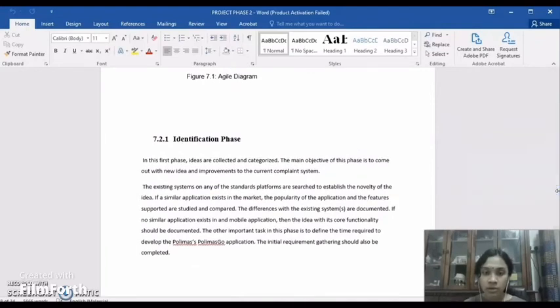Now 7.2.1 Identification phase. In the first phase, ideas are collected and categorized. The main objective of this phase is to come out with new ideas and improvements to the current complaint system. The existing systems on any of these standard platforms are searched to establish the novelty of the idea. If a similar application exists in the market, the popularity of the application and the features supported are studied and compared. The differences with the existing systems are documented. If no similar application exists in the market, then the idea with its core